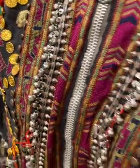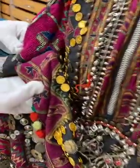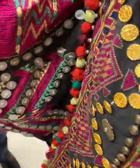Okay. And you can see pom-poms happening. And you can see there is older and newer. It has been. Okay, can I see that again? Sorry, I just didn't quite catch it. No, it's all good. So there's different kind of...